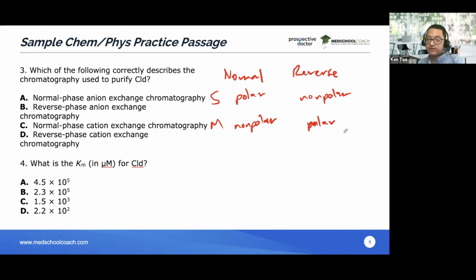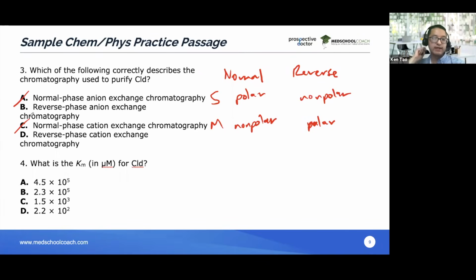Essentially, all enzymes and proteins are going to be polar. So if this is polar, then it has to be a reverse phase HPLC because polar compounds cannot dissolve in a nonpolar solvent. That's actually kind of the true power of reverse phase HPLC. While both types are able to separate compounds by polarity, reverse phase HPLC allows you to use this separation technique on various biological macromolecules. And that's because all of the biological macromolecules, except for fats, cannot dissolve in a nonpolar solvent. Very good. So that allows us to start off by eliminating A versus C.